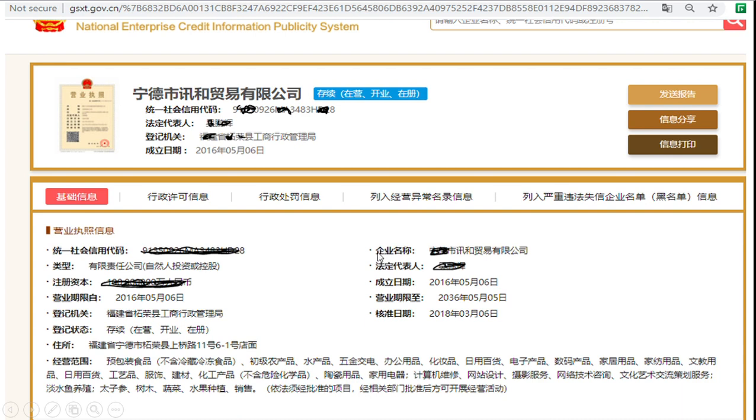Then again we come to this. This is the name of the company, the registered legal person's name, the date of establishment, the date till when the company is allowed to do business, and when the business was verified. It was established in 2016, but in 2018 it was verified.